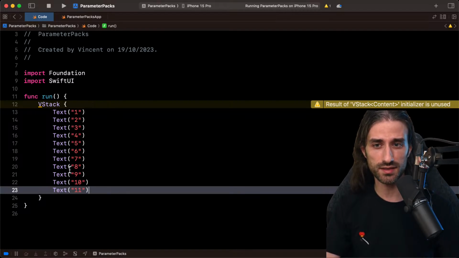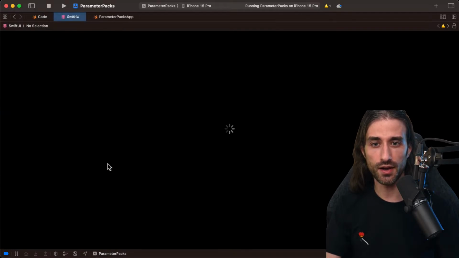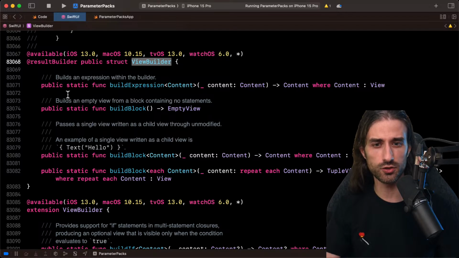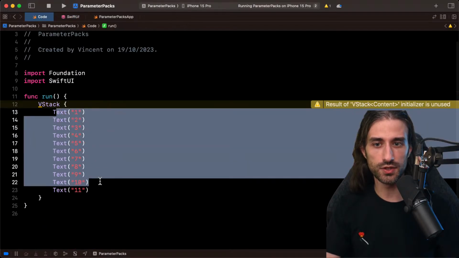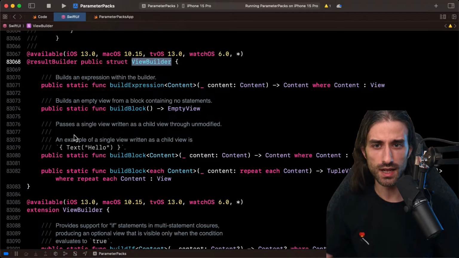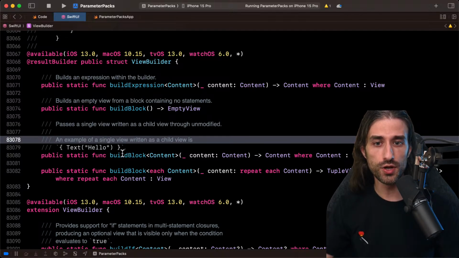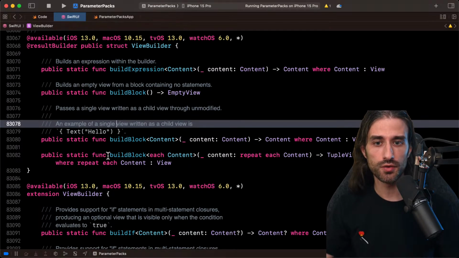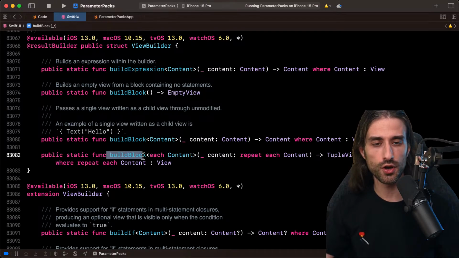But the reason was that up until Swift 5.9 and Xcode 15, if you looked at the code of ViewBuilder, so ViewBuilder is the thing in SwiftUI that takes these views that you just declare one after the other and puts them into a structure, this ViewBuilder would have 10 different overloads for the method buildBlock. It would have one overload with one generic argument conforming to View, a second overload with two generic arguments that conform each of them to View, etc., up to 10 generic arguments, all of them conforming to View.